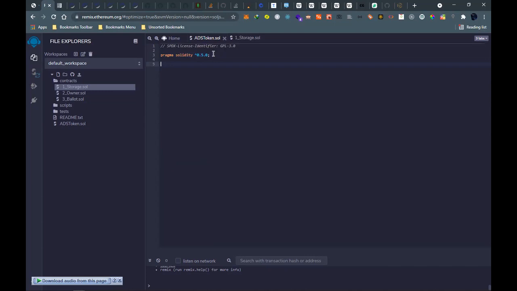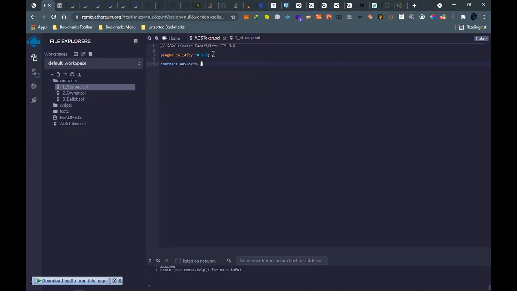So we have our pragma. We have to define the contract name, which is ADS, the name of our contract token.